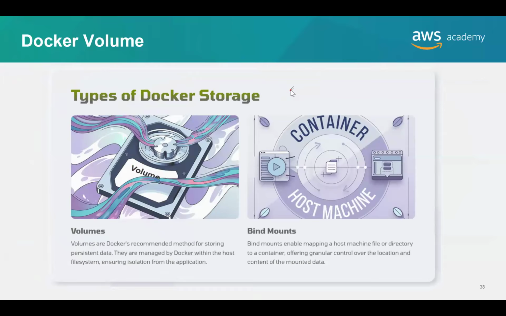One is volume and the other is bind mounts. So volumes are Docker's recommended method, mainly for storing persistent data, and they are managed by Docker within the host file system only, ensuring isolation from the application. And on the other side we have bind mounts. Bind mounts enable mapping a host machine file